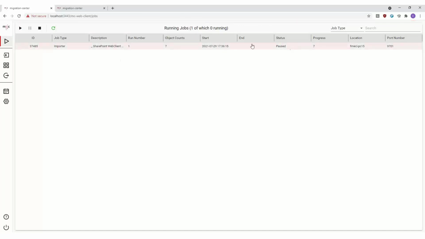It will take a while until it registers, and you can see that it is paused, and then you can start it back on. And of course, like I mentioned, if you have a lot of running jobs, you can filter them based on type or whatever information you have available here. So that would be the presentation of the main